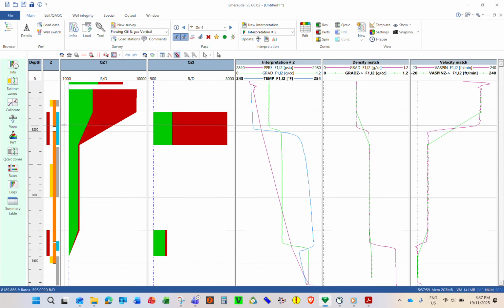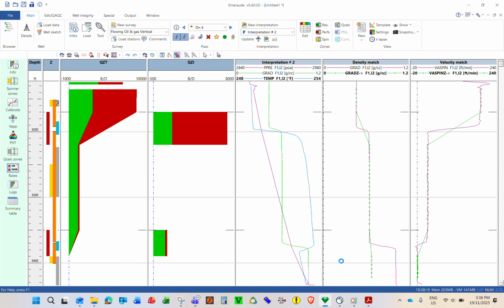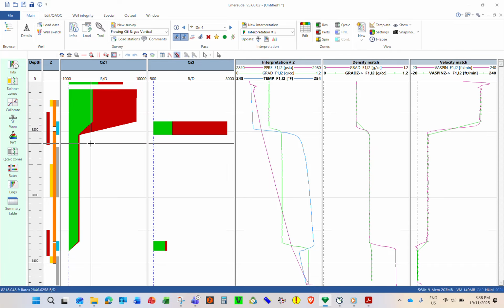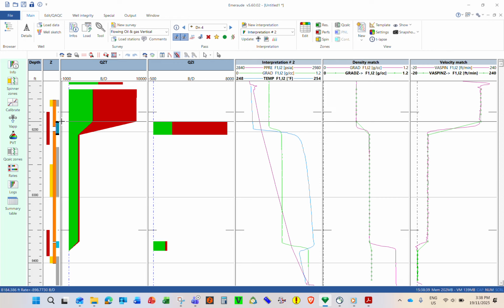Yeah. So if interpretation one, I like to move away from match, I click on rates, and then I can do surface match. I just put that one. I put one, and then I just put one here again. So I can click OK. I think it should go off. The two way, yeah. It will be reset. So I just do it, improve all, recalculate, and we'll move away from the surface match.